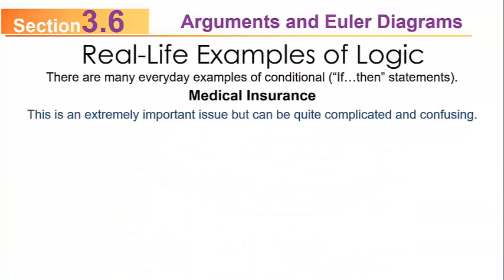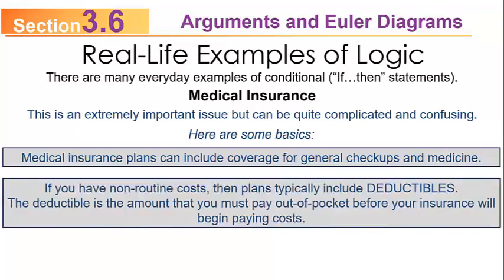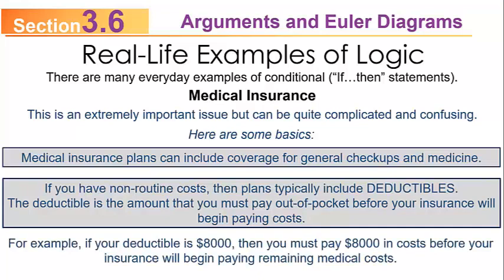Medical insurance. This is extremely important, but it can be terribly complicated and very confusing. Here's some basic things about medical insurance that might be helpful. Medical insurance plans can include coverage for general checkups and medicine. If you have non-routine costs, then plans typically include deductibles. The deductible is the amount that you must pay out of your own pocket before your insurance will begin paying costs. For example, if your deductible is $8,000, then you must pay $8,000 in costs before your insurance will begin